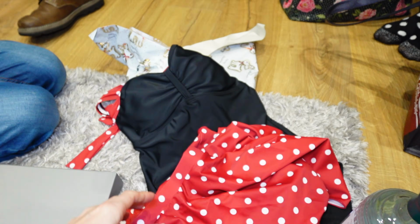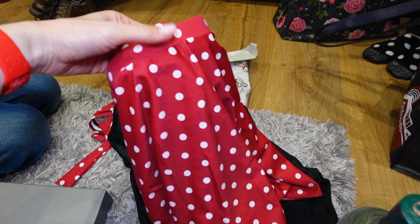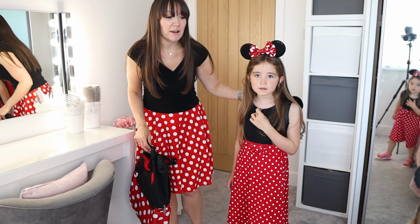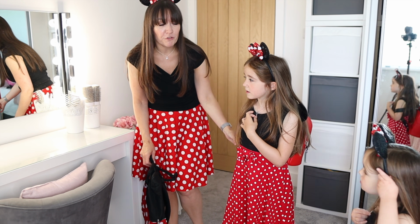I actually had a new Minnie Mouse styled swimming costume and skirt from my auntie for Christmas this year, so I'm going to pack that for myself, and I may throw in a Minnie Mouse dress if I want to change out of that into something dry to get back on the ship. But to be honest, if it's really, really warm, we can probably just get back on the ship slightly damp